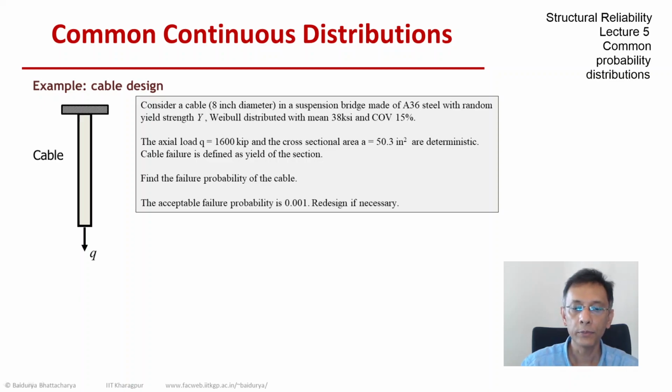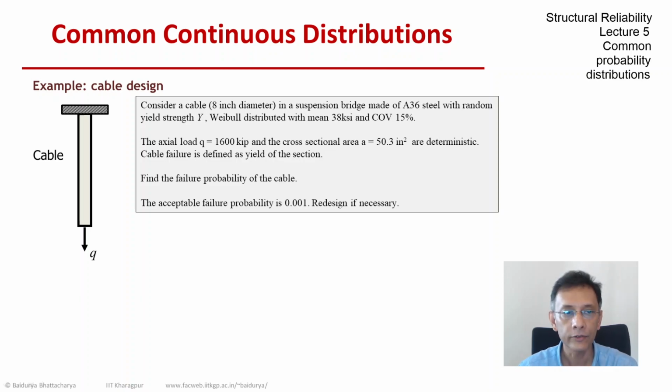Let's solve one example involving the Weibull distribution or the type 3 distribution for minima. Let's take a minute to read the problem and then we'll start solving it. So the first part of the problem wants us to find the failure probability, for which we would need to